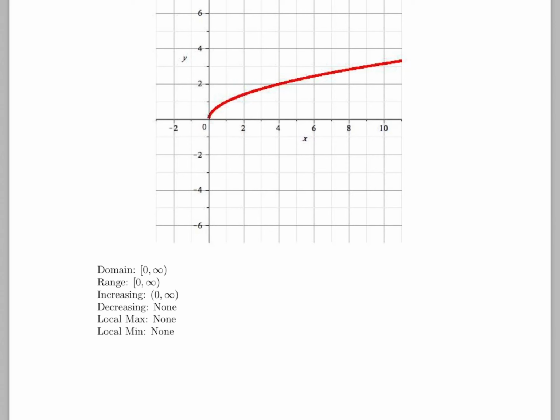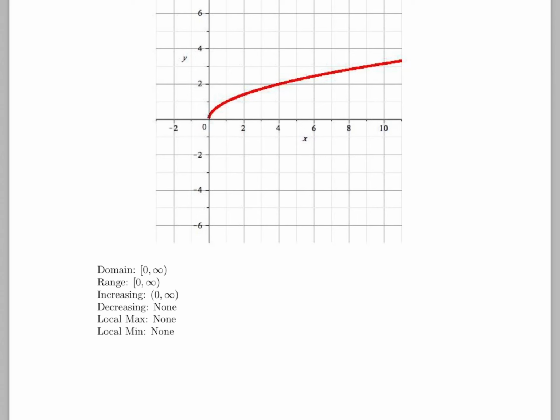The range, again, I'm always going to get a positive number back when I square root because I'm only looking at the positive square root here. Whenever we square root a number, we normally say that we've got the positive or negative square root. But here I'm just taking the positive square root. I'm not worrying about the negative square root because that would actually give me 2 y values for every x value. So I'm only worrying about the positive square root here in order to actually give me a function to graph, because if I worried about the negative value too, then I wouldn't actually have a function. But right now, I'm just looking at the positive square root, meaning that my range is from 0 to infinity,